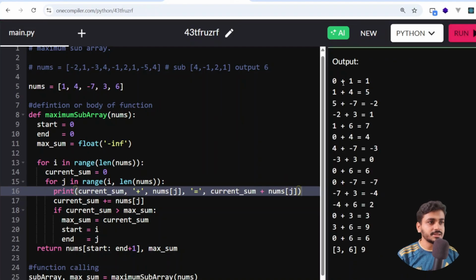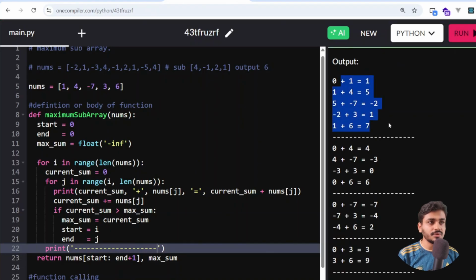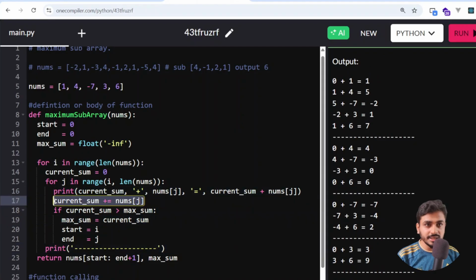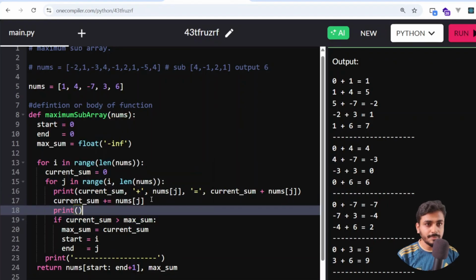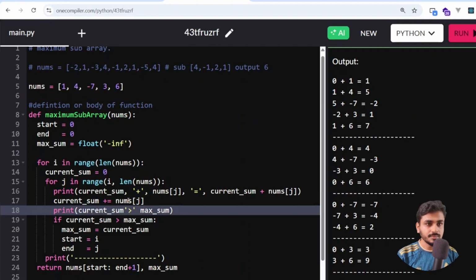If I run it, then I will get, okay, I need to separate the inner loop, print. So if I run it, then I will get the first inner loop, second, third and fourth, fifth, like this way. So what actually I did here, I do summation, this line is helpful for explanation, and this line I will explain. So that's why I need to write this, and it will be this. Okay, so if I run it now